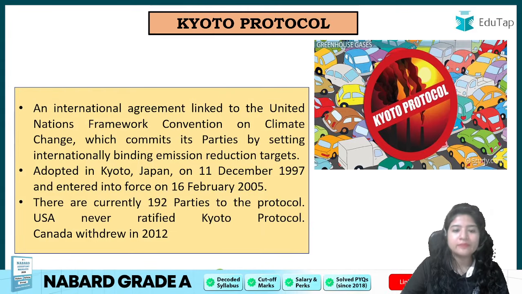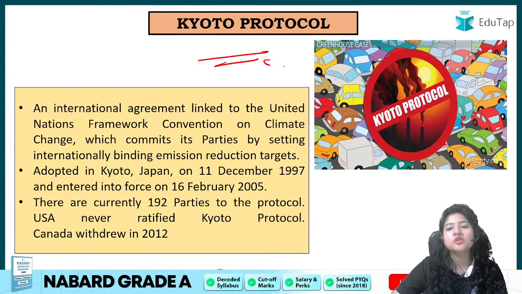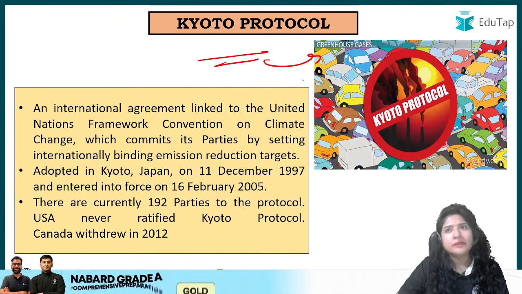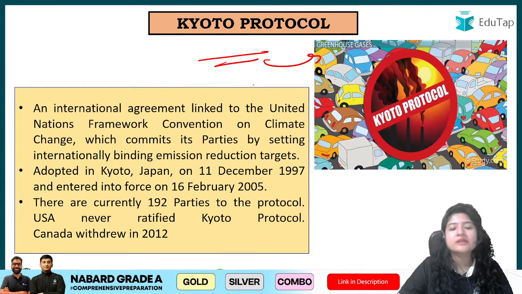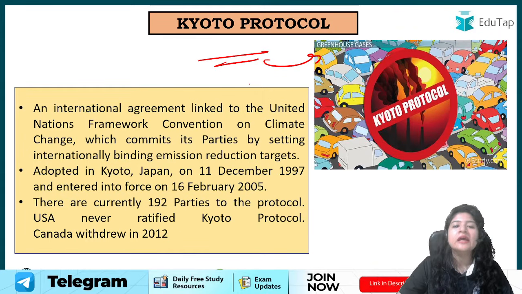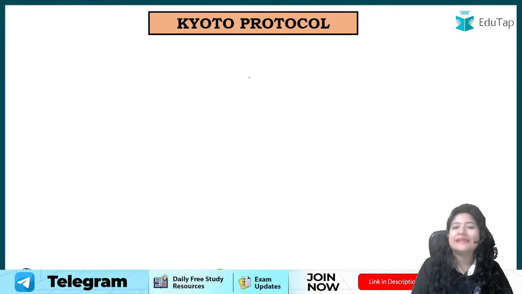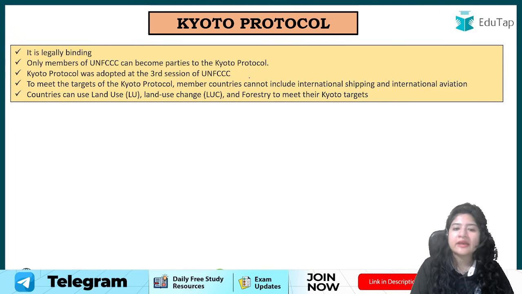Okay, now very important, in this comes your Kyoto Protocol. You have to keep in mind that the Kyoto Protocol is related to greenhouse gases. Maybe in the examination it can come directly, like the Kyoto Protocol is related to, and you should know it is related to greenhouse gases. As simple as that. Kyoto Protocol, greenhouse gases. What is the aim? Okay, what all is in it?